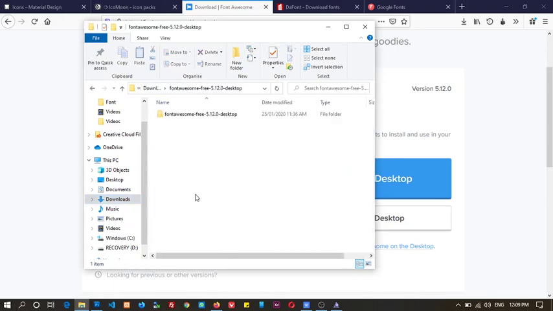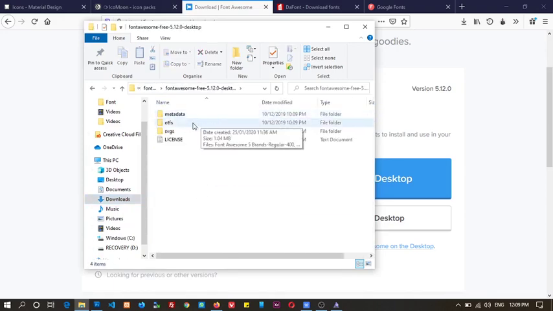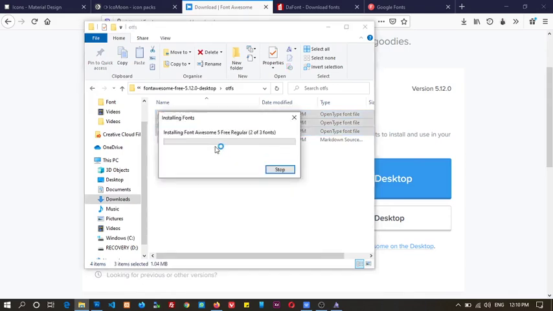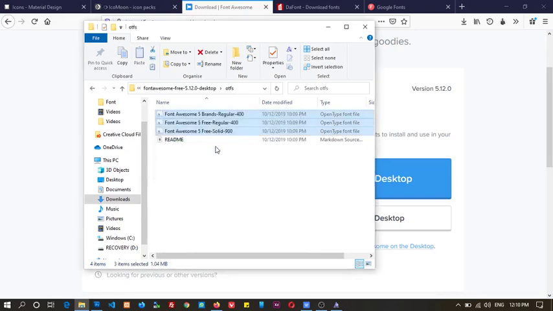Now, for Font Awesome, this is the current version as I make this video. This place is the OTF, open type font. We open them. So these three fonts here, we install. We install the three of them. So we have installed the three of them for us. So we go to our